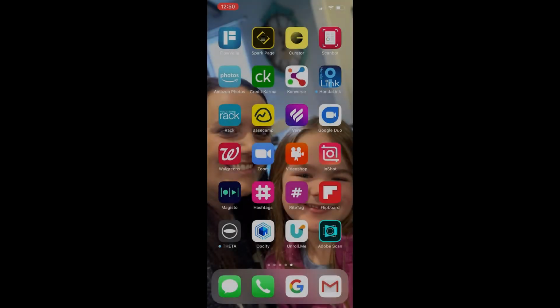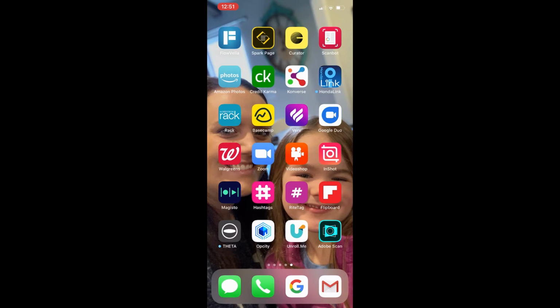This video is going to show you how to use the app called Adobe Scan on your iPhone, and it is also available for Android. So you can scan a document into your phone, make it into a PDF that you can email or copy to Dotloop. So I'm going to click on the Adobe Scan button, which on my phone is in the bottom